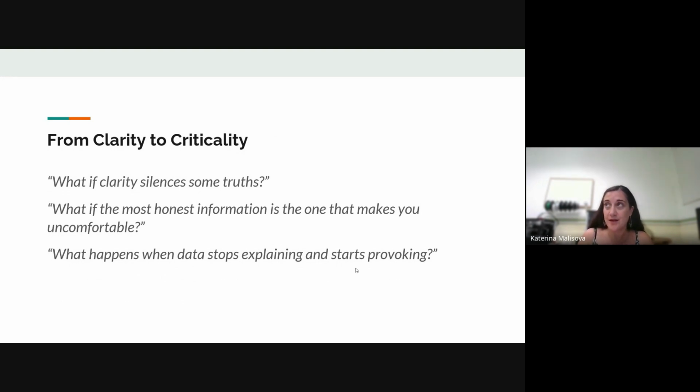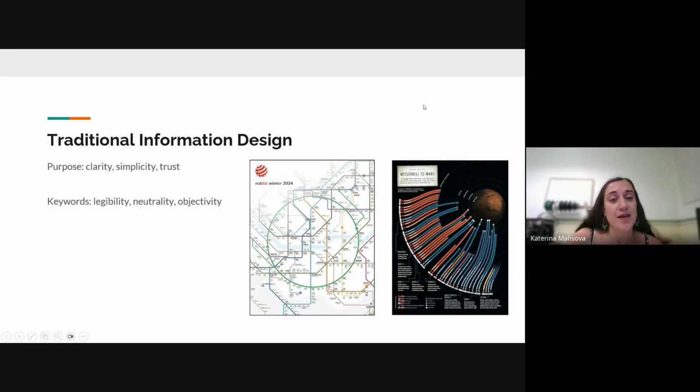But we are wondering, is clarity always neutral or even always desirable? Next slide. So here we begin to challenge in our research the assumption that clarity is inherently good. And we are questioning, what if clarity silences some truths? And what if the most honest information is the one that makes you uncomfortable? Or what happens when data stops explaining and starts provoking? So next,